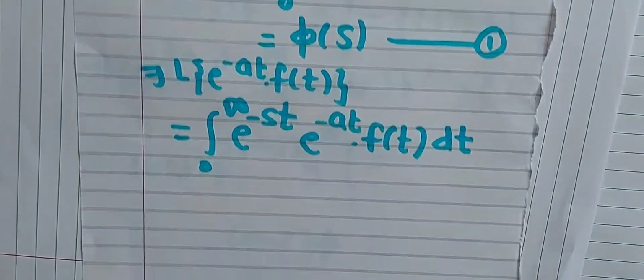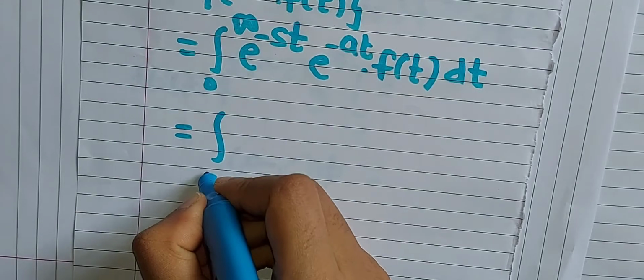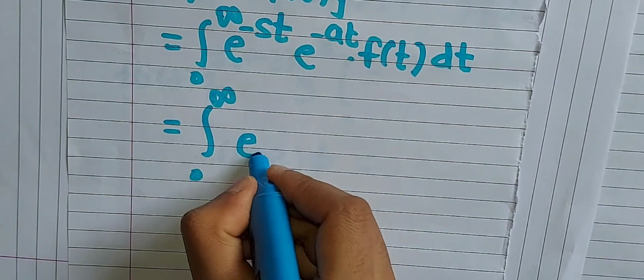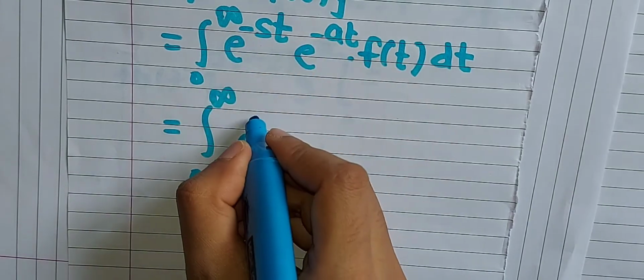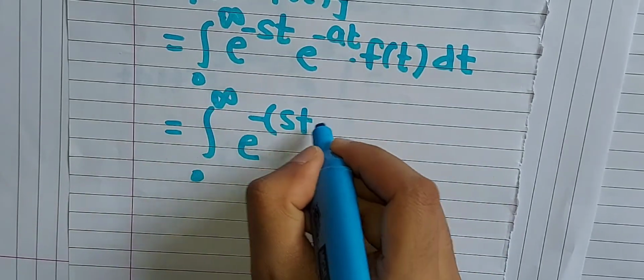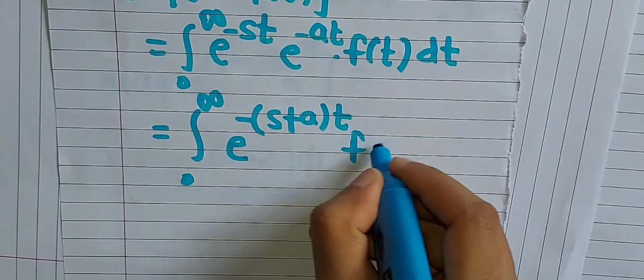Now solve this integration, this is the very easy way: take e as common, negative sign as common, so in the power s plus a into t will be there,